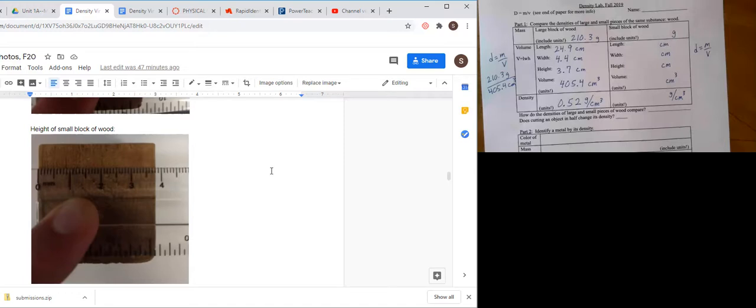Finally, one last question. Does cutting an object in half change its density? Well, remember, if you cut it in half, it's going to weigh half as much, but it's also going to take up half as much space. So they will cancel. So does cutting an object in half change its density? No,